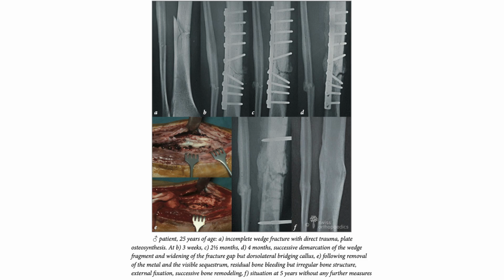So today we'll be talking more about the bone development around the fracture in the case of infections. So there are certain things which are to be taken care of. As you can see in this image, I have mentioned very different things. So there's a 25-year-old male patient with incomplete wedge fracture with the direct trauma, plate osteosynthesis, and further. So if you see that there are certain main causes which must be considered when estimating total bone necrosis. So those causes can be accident, previous surgery, or conservative treatment, implants used.